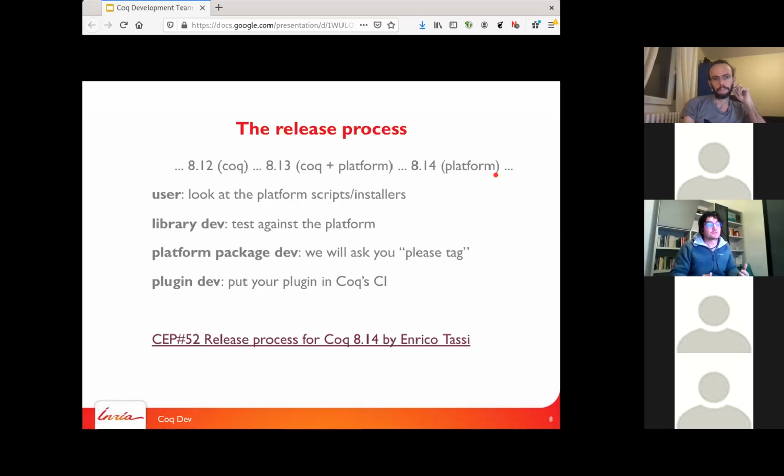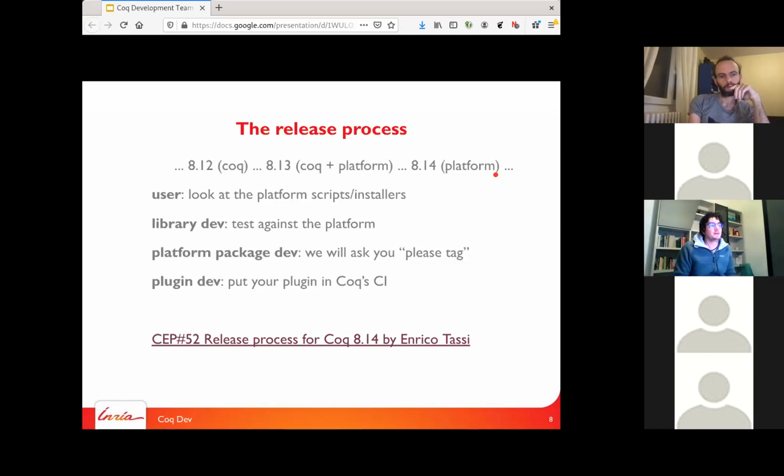And that should make it easier for you to switch to the new version because many libraries you may need are already there and work. And so especially in the future, but even now for 8.13, I think that if you're a user or a student, you should really look at these installers and or the scripts from the platform